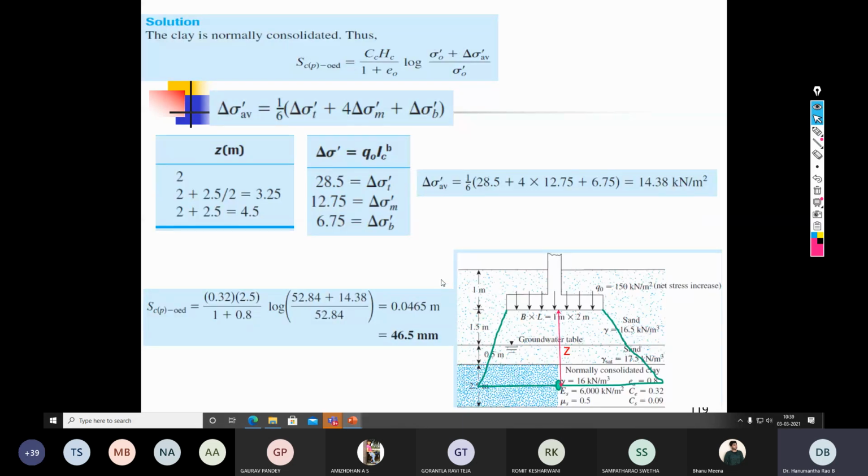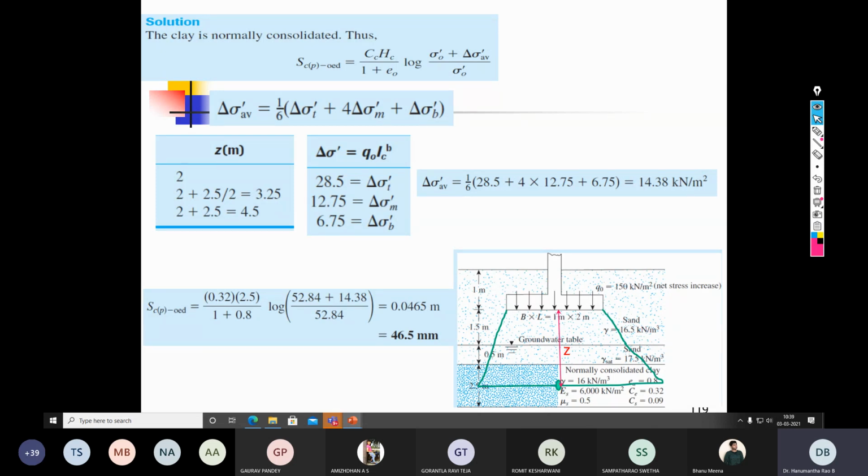So this is all about the settlement calculation or settlement analysis. I request you all to refer to as many foundation engineering books as possible. In some of the books, you may find a little deviation from what I taught. So don't get distracted or deviated. You are still welcome to use those methods as well, because some of the methods might have been refined or improved, or modified. So don't think that whatever we are discussing is wrong and whatever they have told is correct. There is nothing like that.